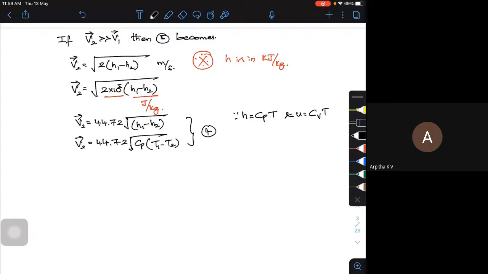So this is T1 minus T2; it doesn't matter whether the values are in Kelvin or in degree Celsius. If it would have been only the value Cp into T, then the T should be in absolute value. So it's always better to convert all the temperatures uniformly to maintain uniformity. We need to always have these temperatures in Kelvin itself. Even though in the numericals it is given in degree Celsius, we'll stick to having these values at